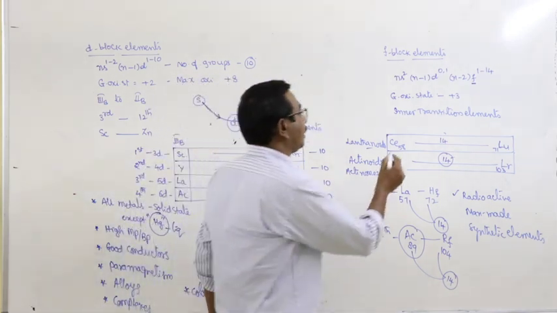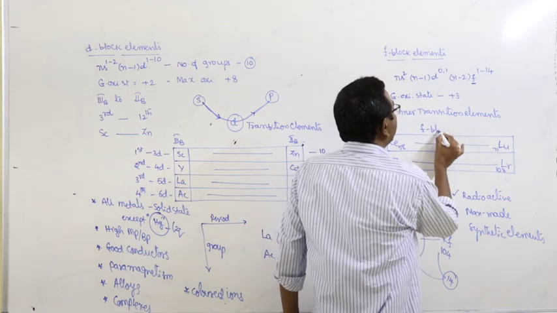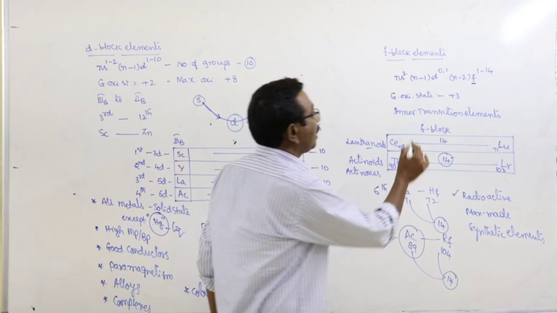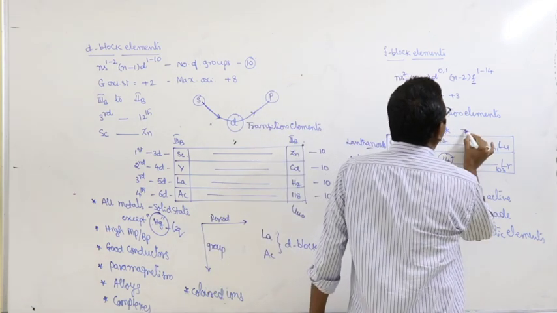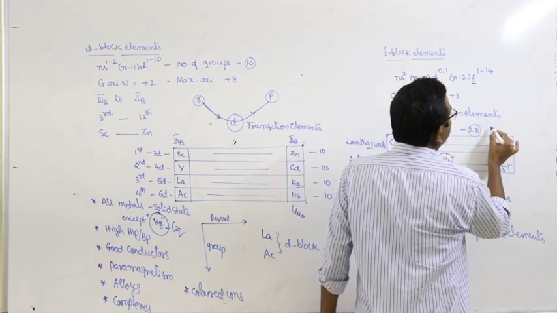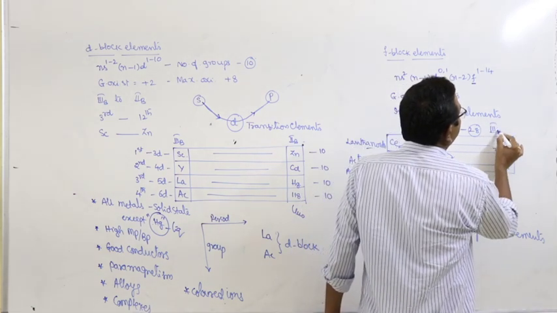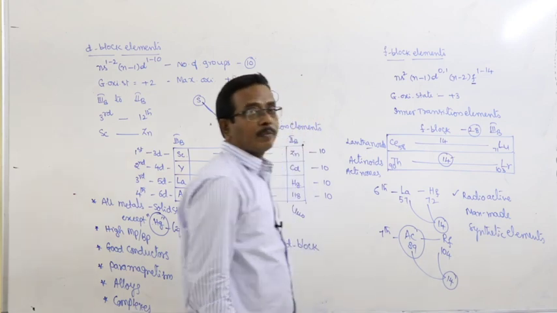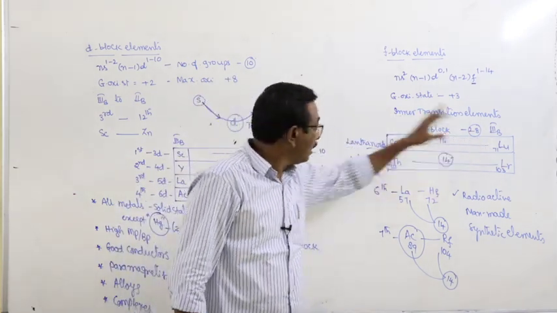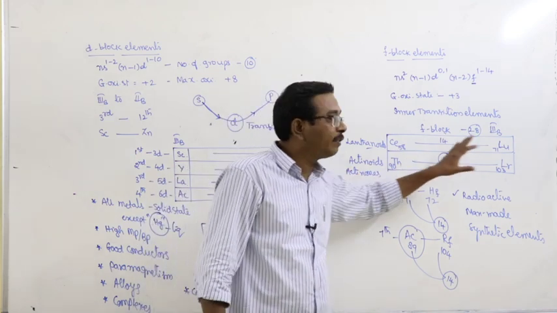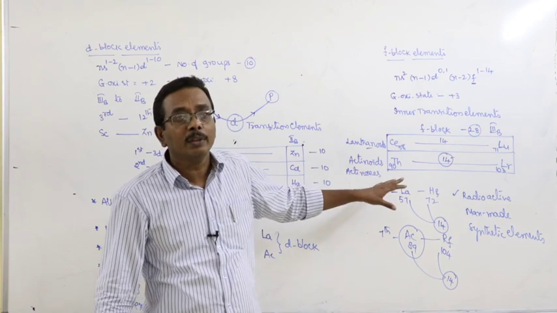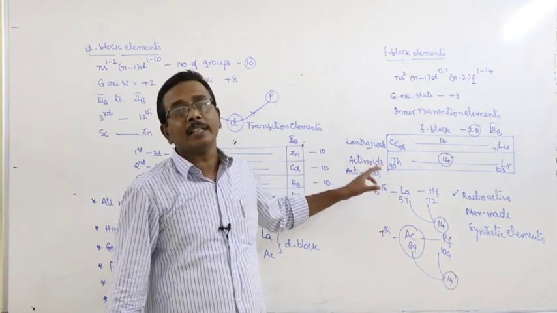They are present at the bottom of the periodic table in two horizontal rows, and the total number of F-block elements is equal to 28. All the 28 elements belong to group 3B in the long form periodic table. Here the lanthanides begin with cerium and end with lutetium. Actinides begin with thorium and end with lawrencium. In actinides, most of the elements are radioactive. They are not naturally occurring in nature.